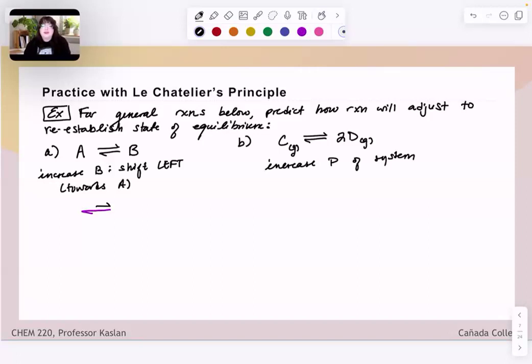Now, this one is interesting in the sense that it forces us to remember our kinetic molecular theory of gases and all our conversations about gas behavior from Gen Chem 1. So notice in this reaction, my reactant C, I've got 1 mole of it